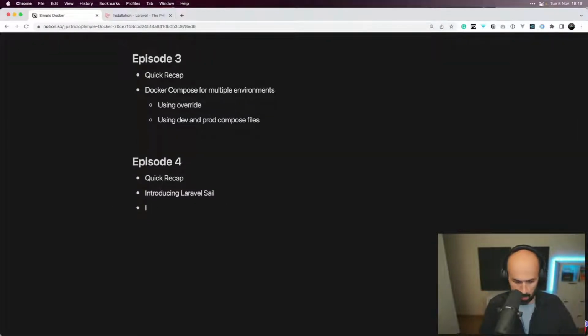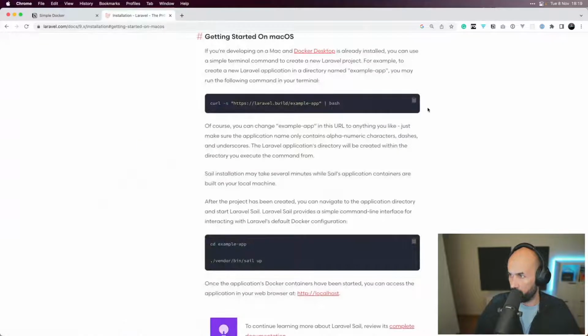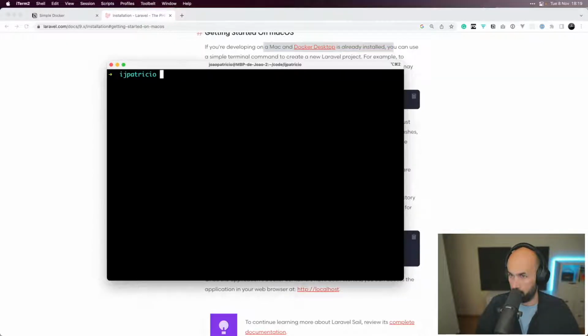So installing a Laravel application with Docker. What we're going to do is just copy this command. We just need Docker Desktop installed, so that's pretty much covered by now. And we're going to the shell,